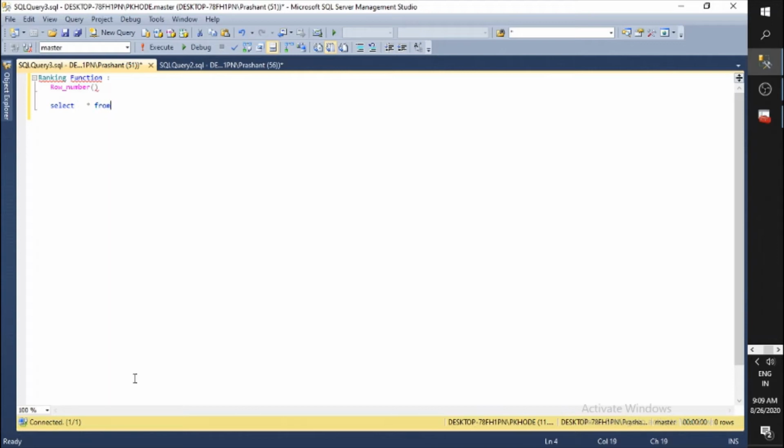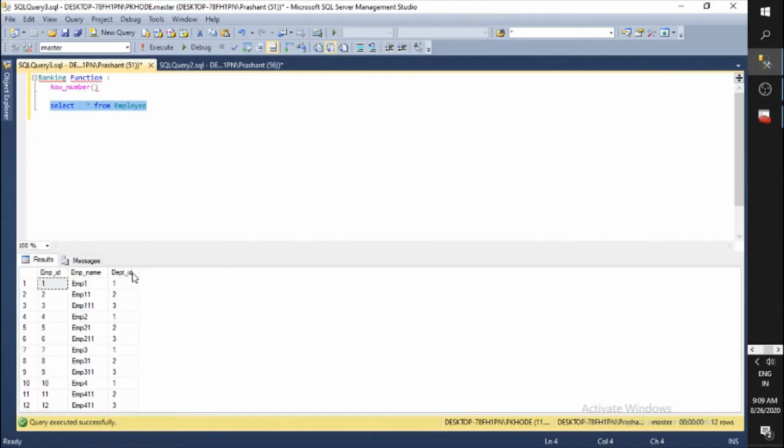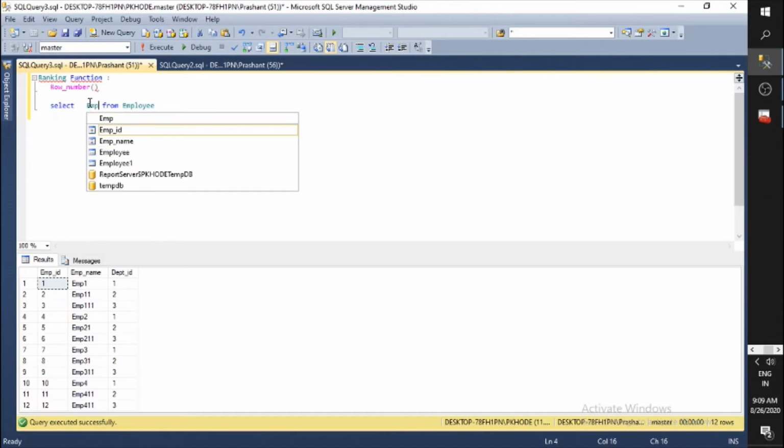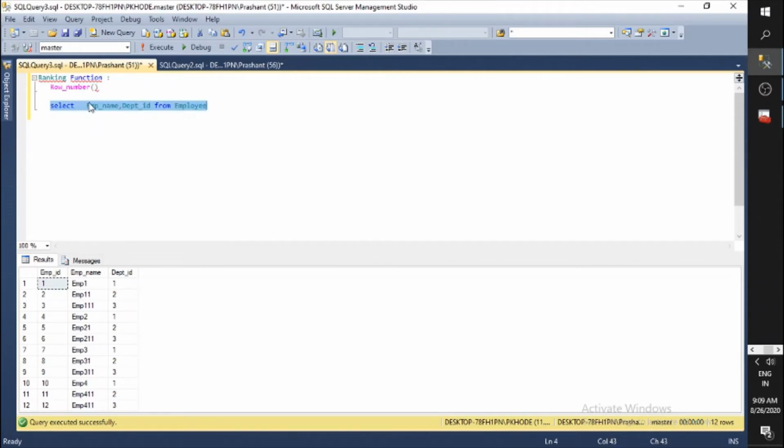I have a table named employee. I'm going to run it. Now I can see there are 12 records. My intention is to give a unique value to each row. Assume I only have emp name and department ID, these two columns, and my table doesn't have emp ID.